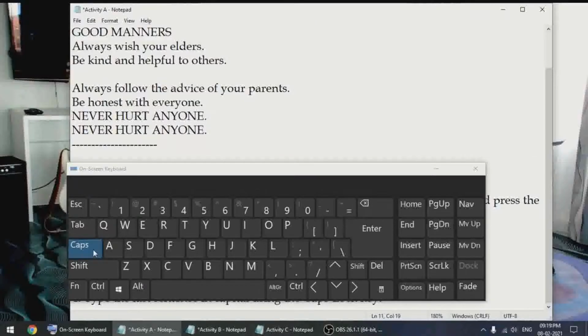You can already know the difference between the caps lock key and the shift key. The caps lock key remains pressed, whereas when we use the shift key, it would be used only for a single letter.